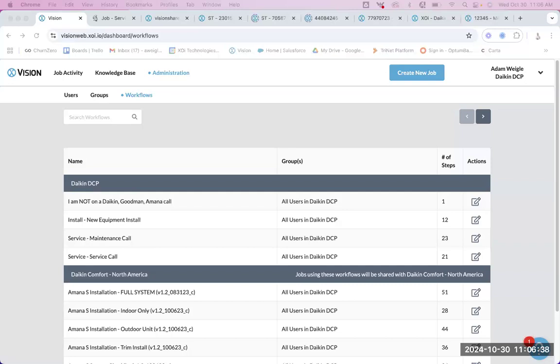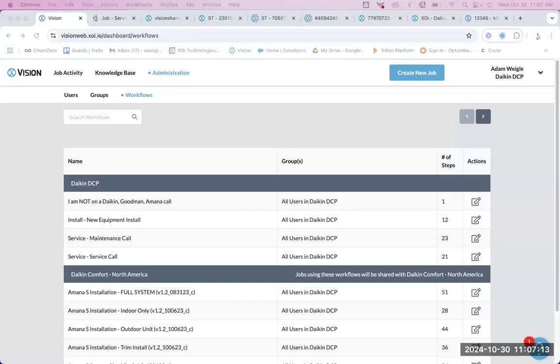Let me clarify that. If you are in need of more, I recommend first getting your initial users using XOI. Get a couple of jobs under your belt and make sure it's working the way you want it to work. I would say 5 to 10 jobs, sharing with customers and getting their feedback, until you say, okay, I have a good grasp on how this works operationally. Change management is hard. Do that first, and once we see you've got 5 to 10 jobs under your belt, reach out to us,